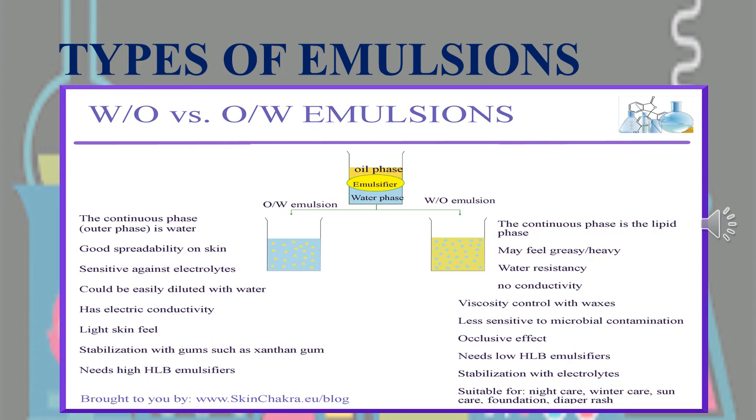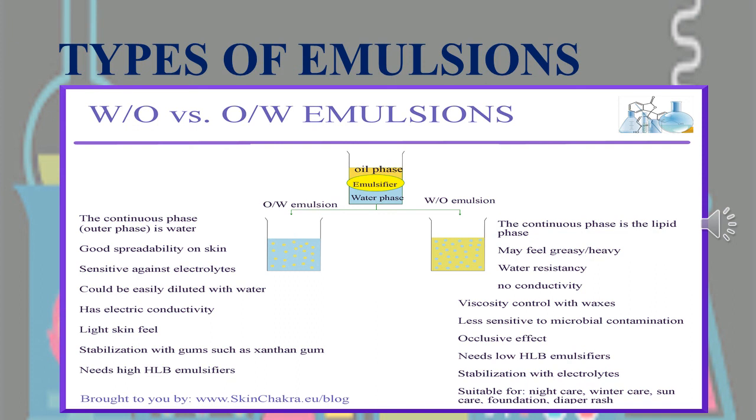And for the types of emulsion, the two liquids mixed can form different types of emulsion. For example, oil and water can form an oil in water emulsion, where the oil droplets are dispersed in water, or they can form a water in oil emulsion. That is written as W/O, for example butter, with water dispersed in oil. So these are a few types of emulsion.